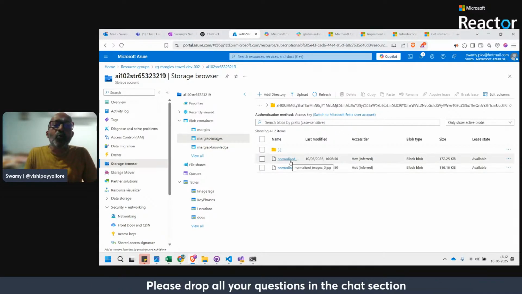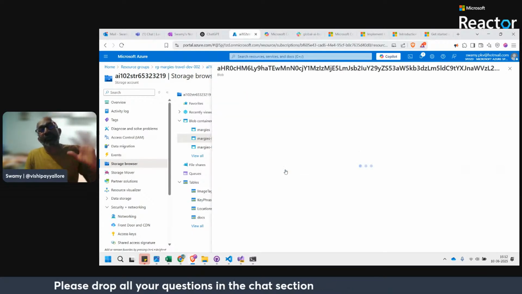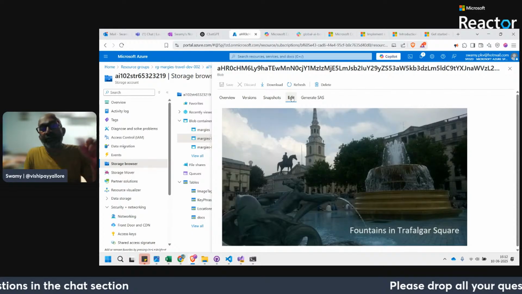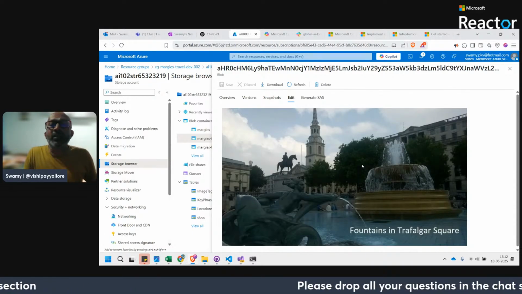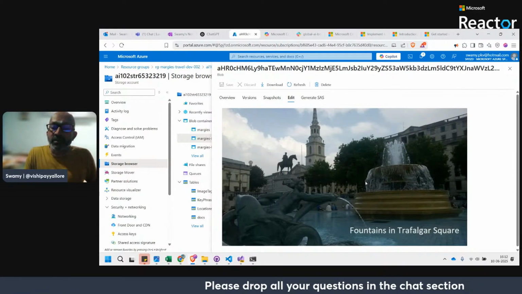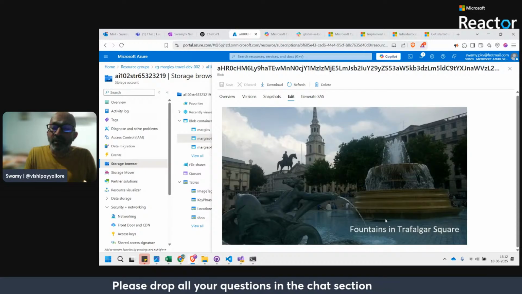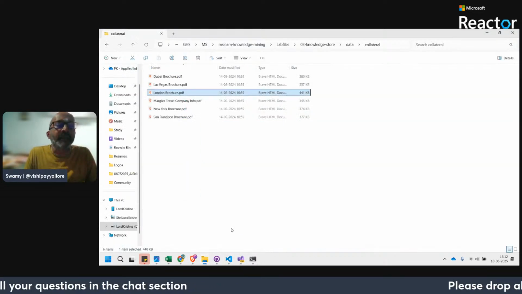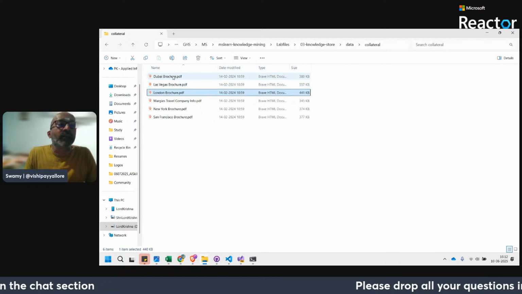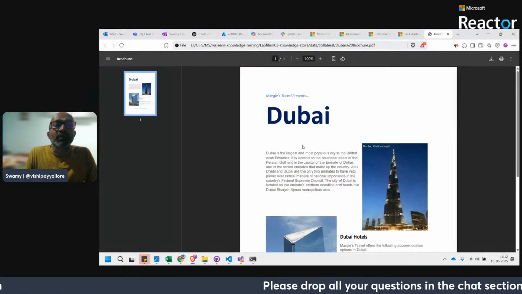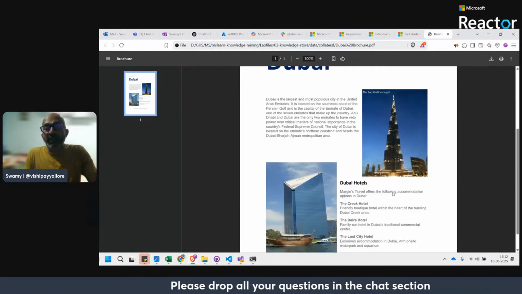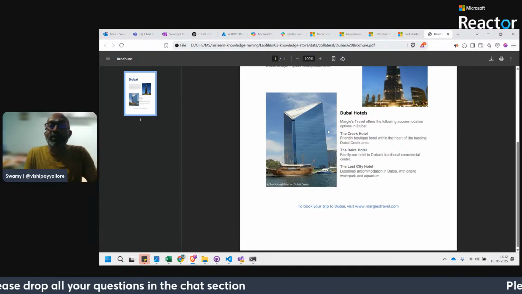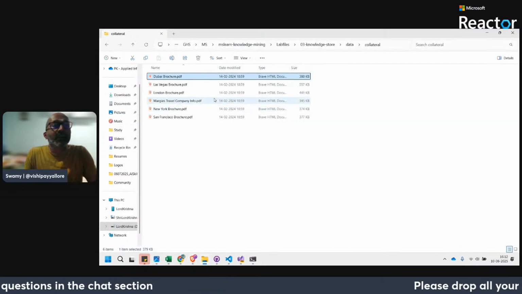Images. Oh, okay, I understood. So if a PDF has multiple images, it is tagging them as 01 and 02. I think this is Fountain and Trafalgar Square. Okay, at least to a decent extent, we saw that. Let's validate it. I think the Dubai brochure has the Burj Khalifa as the first image. I think it had two images, underscore 0 and underscore 1. I think the second image will be this.